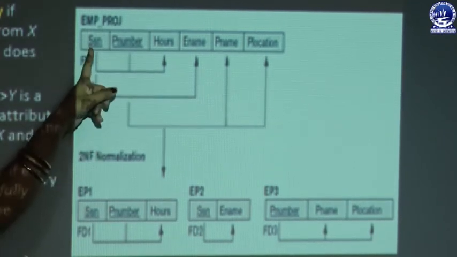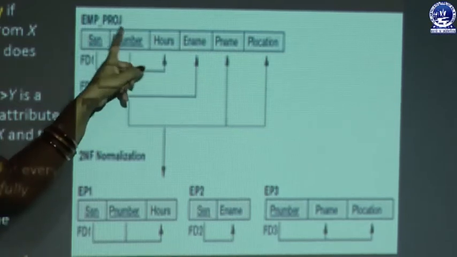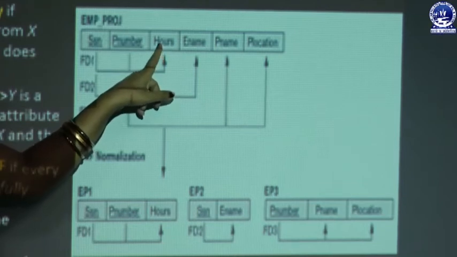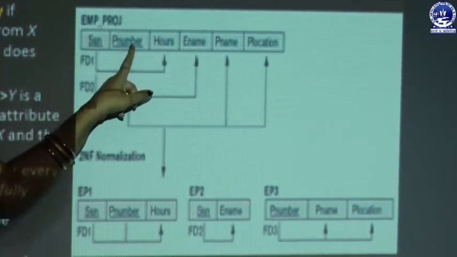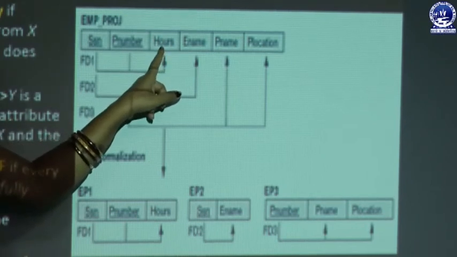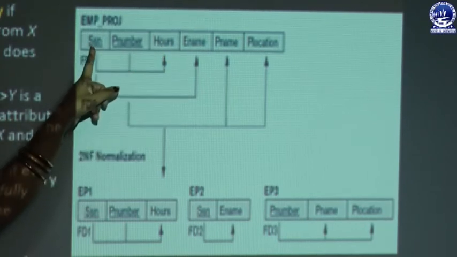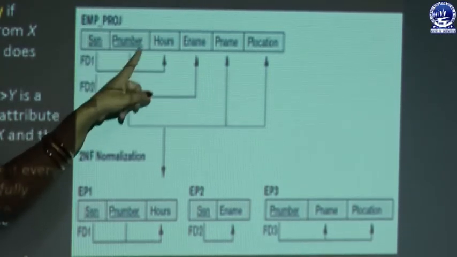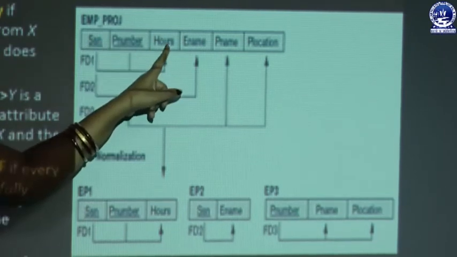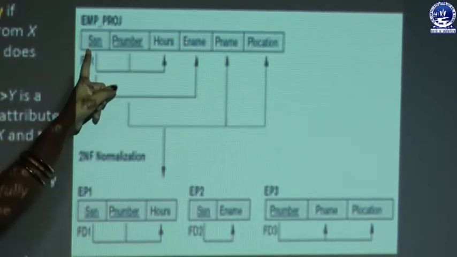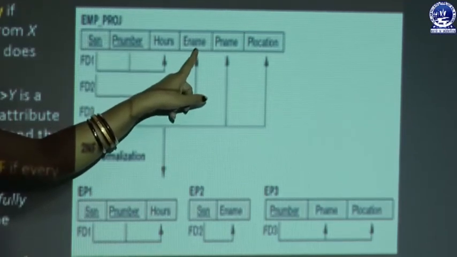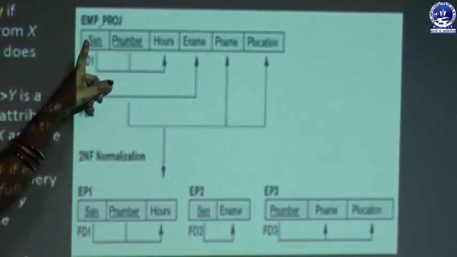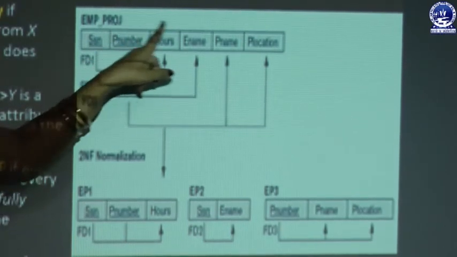Here the key attribute is SSN and P number, which is the composite key, and you can see the hour attribute, which is a non-prime attribute, depends upon SSN and P number, because the hour attribute value cannot be determined from just one of the keys, that is SSN or P number. That means the hour attribute value can be determined by using both attributes. So the hour attribute fully depends upon the key attribute, but you can see the E name attribute can be determined only from the SSN attribute. In the case of E name, it does not require the P number attribute to determine its value.